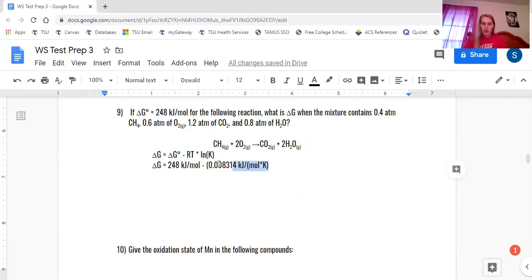Then we're gonna go ahead and, okay, since they didn't give us a temperature, we're going to assume that that's standard, and it's going to be, once more, 25 degrees Celsius or 298 degrees Kelvin. And we're going to multiply that by the temperature. So 298 Kelvin. And we're also going to multiply that by